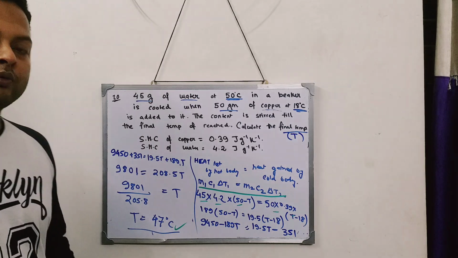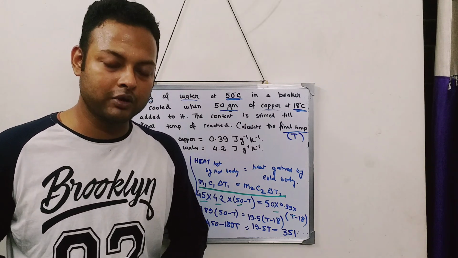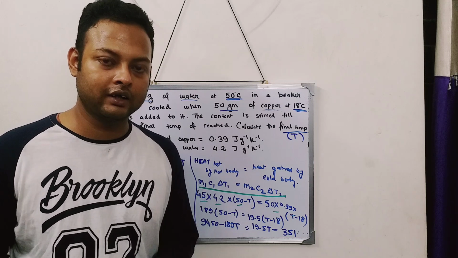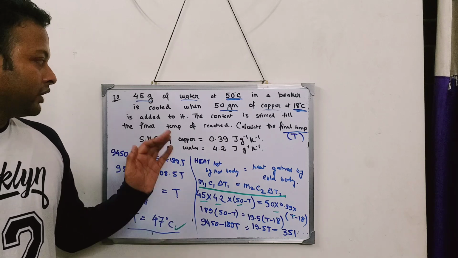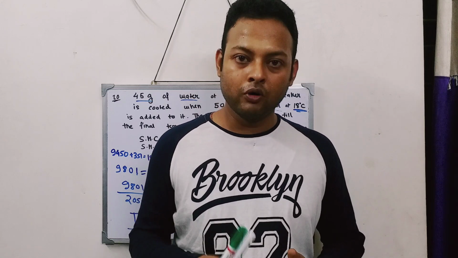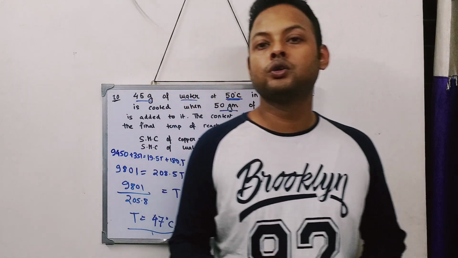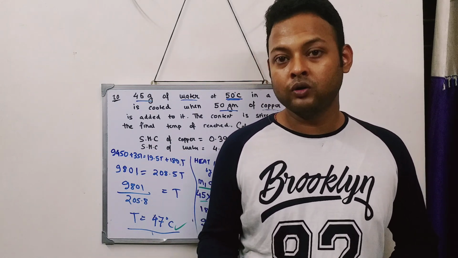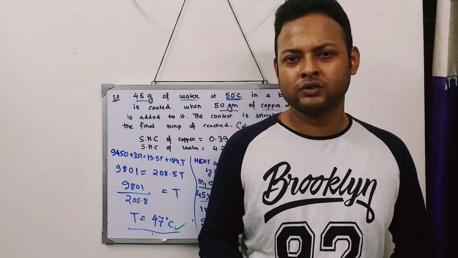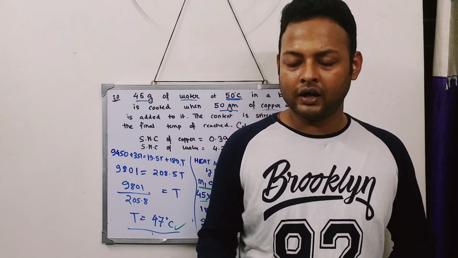See, in the exam you don't worry, this kind of numbers are not going to come. The numbers will be some good numbers where you can calculate, cancel and get a very good answer quite easily. But for the practice, for the book, you just have to go. So today I will do till question number 10 only, because the video is becoming very big. Tomorrow I will do question number 11, 12 and 13, and 1 or 2 questions from the examples also. And then we will start with the second part of the chapter, which is the latent heat.